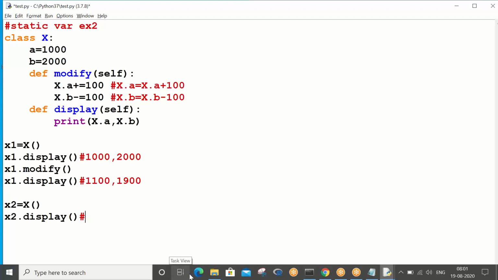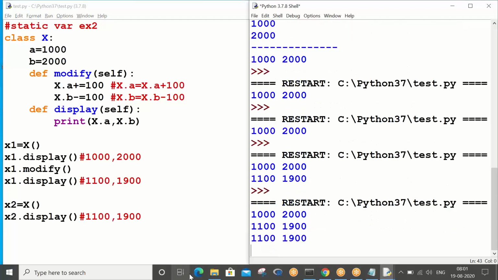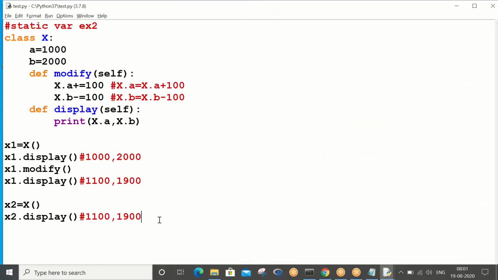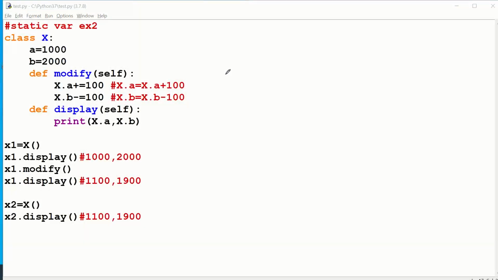See, basically what happens here is, the correct answer is 11 and 19, not 1000 and 2000. Control S, F5, you can check, right? I will explain how, don't get excited, I will explain. So how is that happening? This concept, try to relate with one simple example that I will give you.